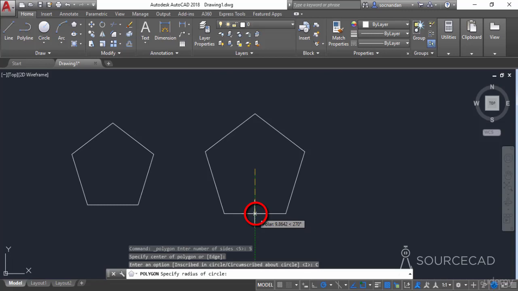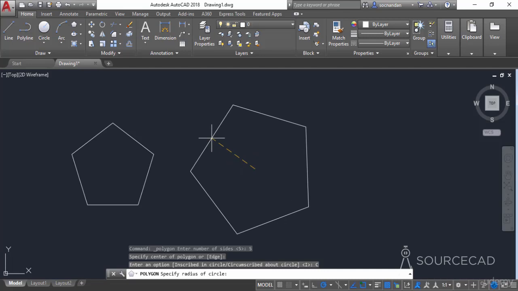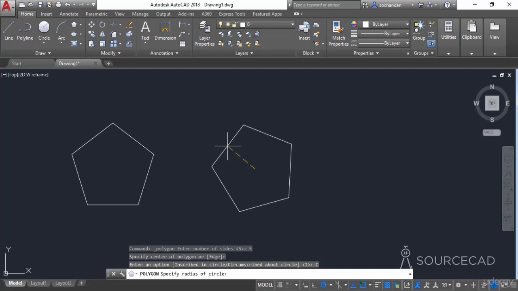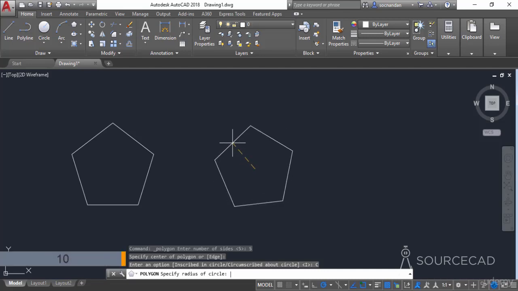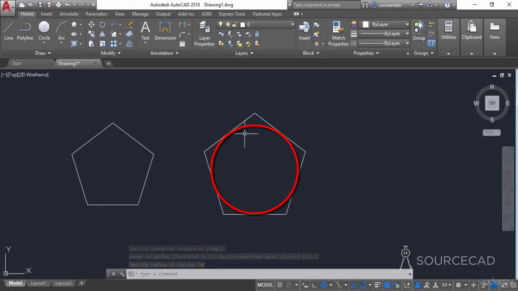Or you can say that the cursor is at the midpoint of one of the sides of this polygon. Now you need to click anywhere to specify the size of this polygon, or you can also enter the radius. In this case also, let's enter 10 as the radius. Now we are entering the radius of the circle which is inside the polygon, and the midpoints of the sides are touching the circle.